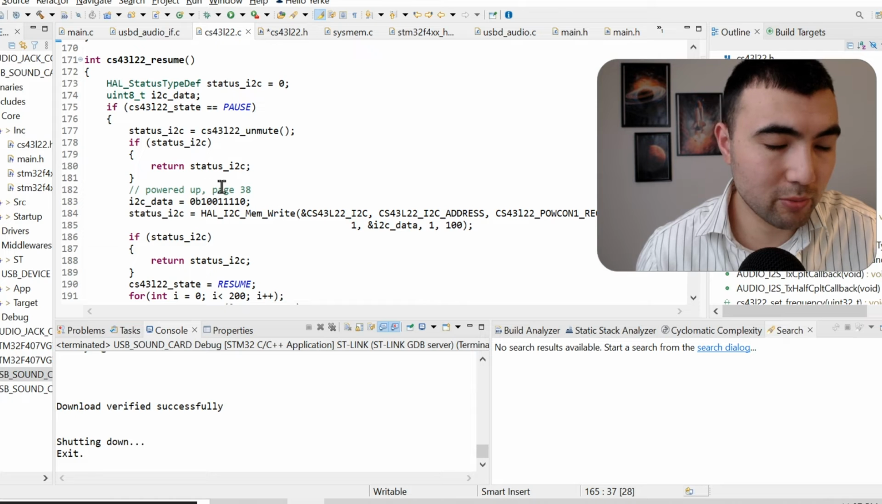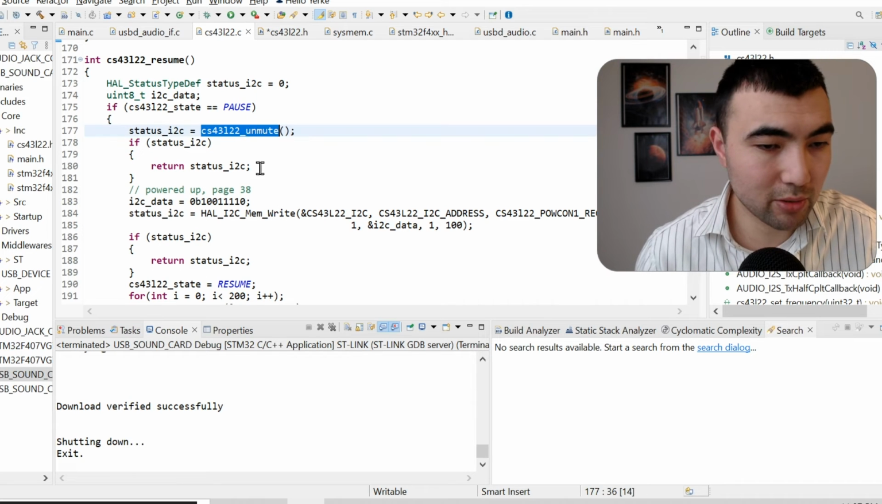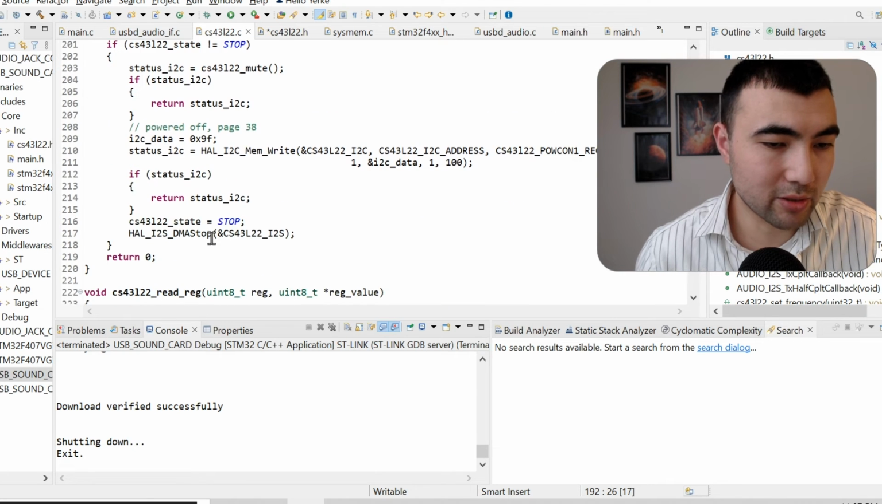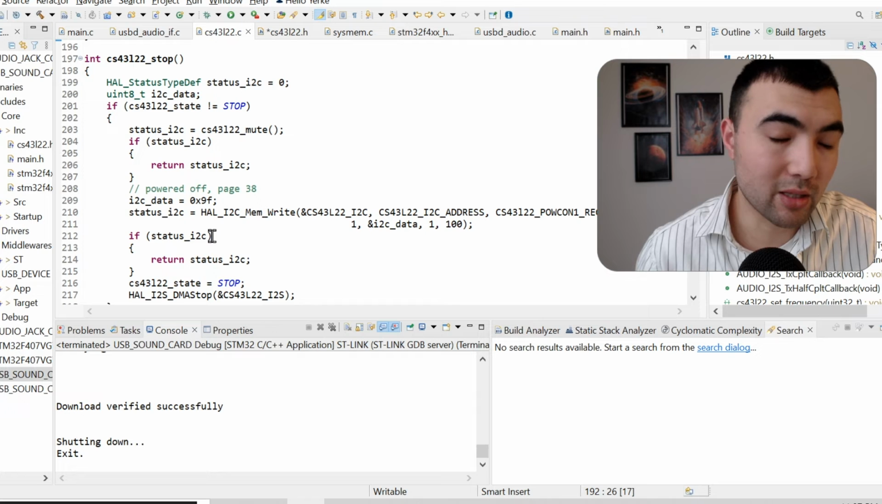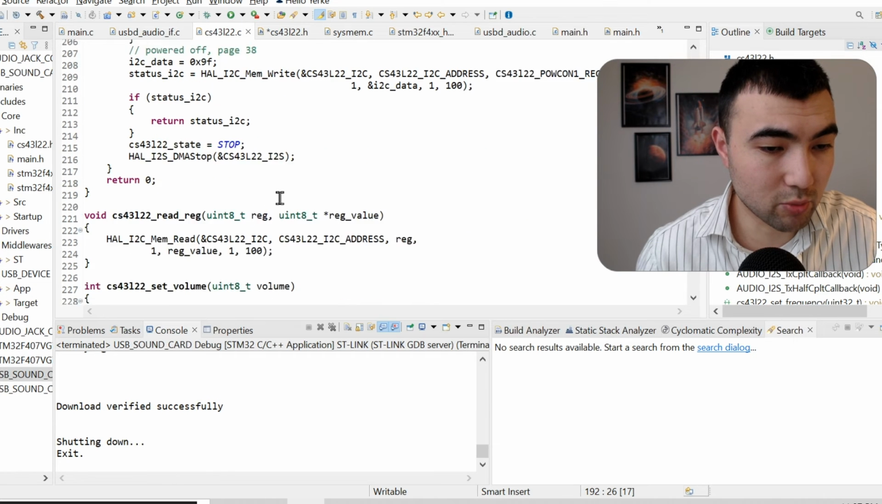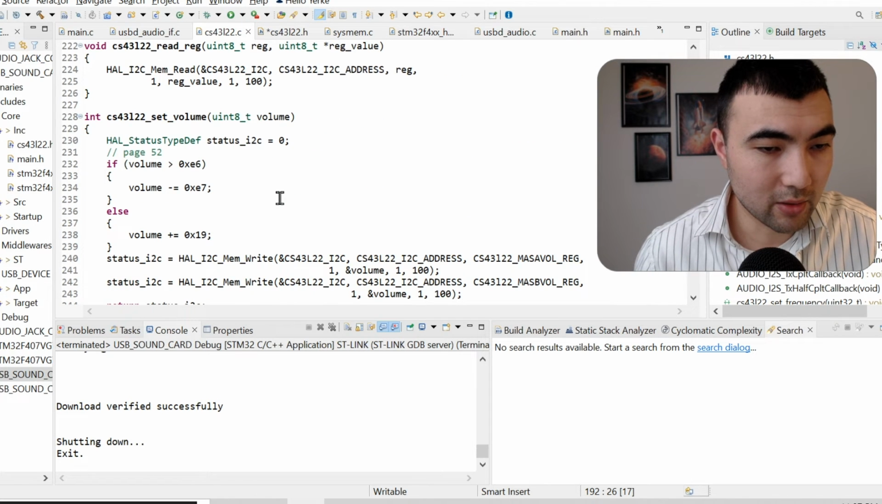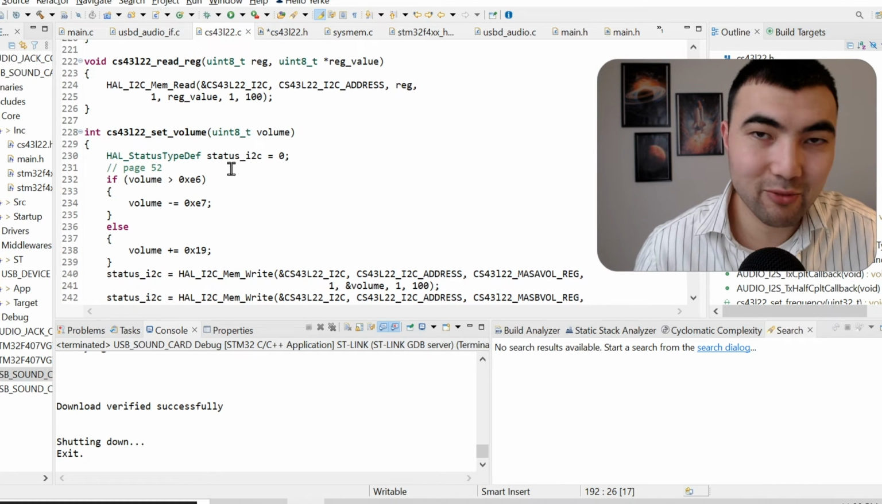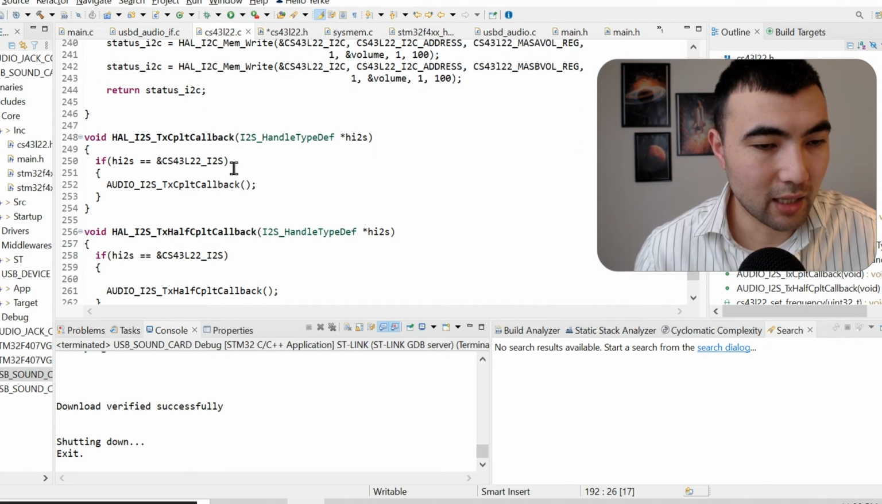And when resuming, we do opposite things. We unmute, we power up, and we start DMA again after some pause. And we can also stop the stereo DAC as well. And we can set the volume. I never used that function, to be honest. And also,